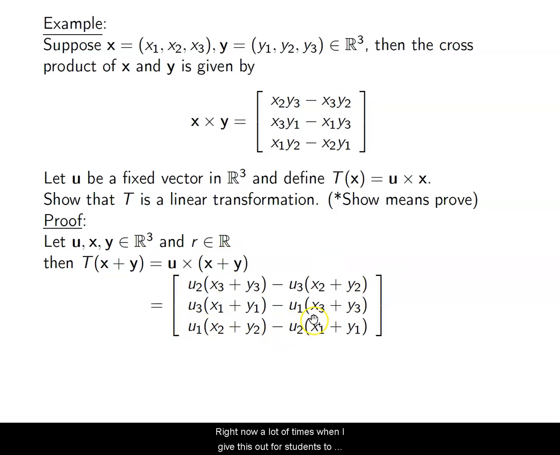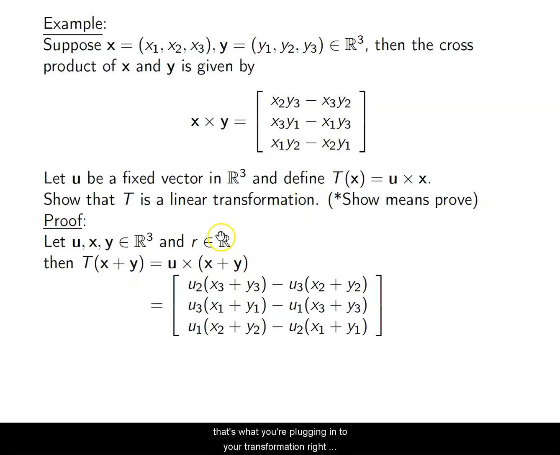Now, lots of times when I give this out for students to do themselves, they have lots and lots of problems trying to figure out exactly what they're plugging in and what they're doing. So I chose one that was a little bit more complicated to show you that it's just like plugging something into a function. Even if you're plugging in something weird to a function,